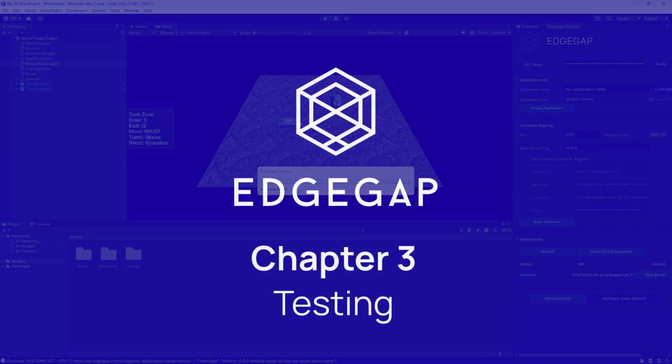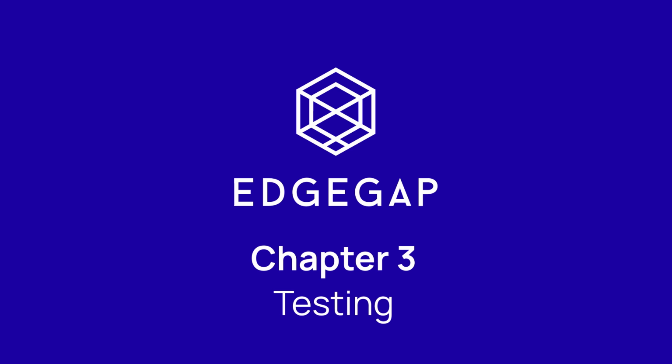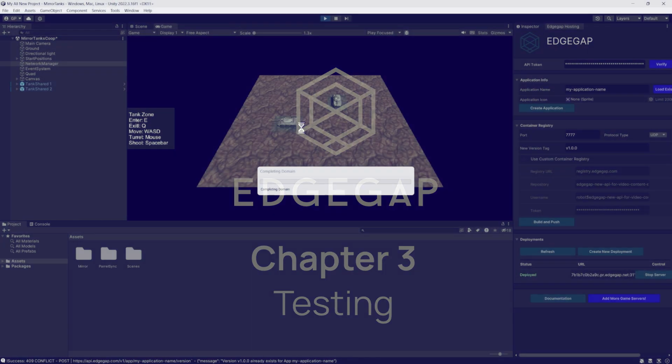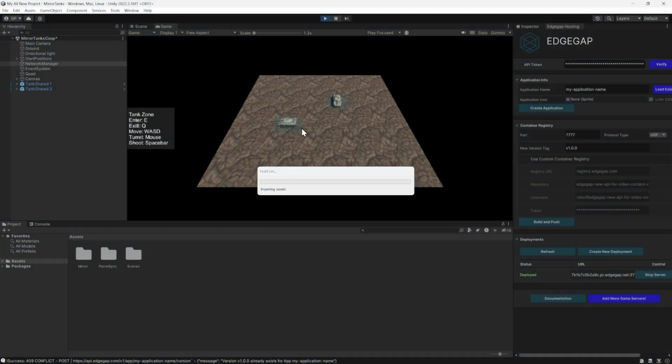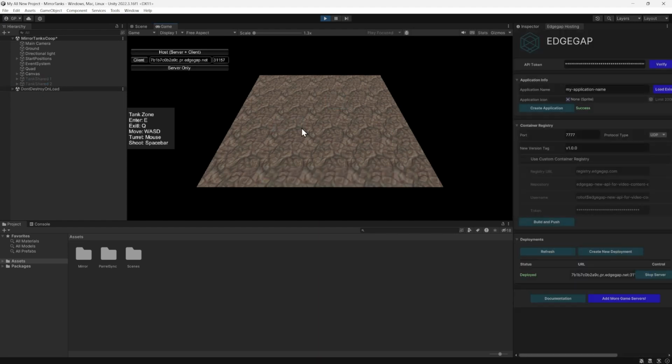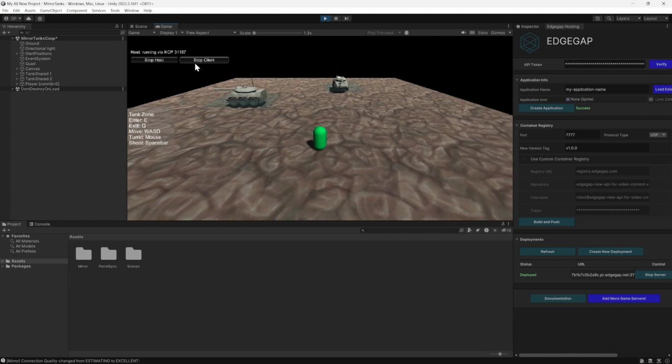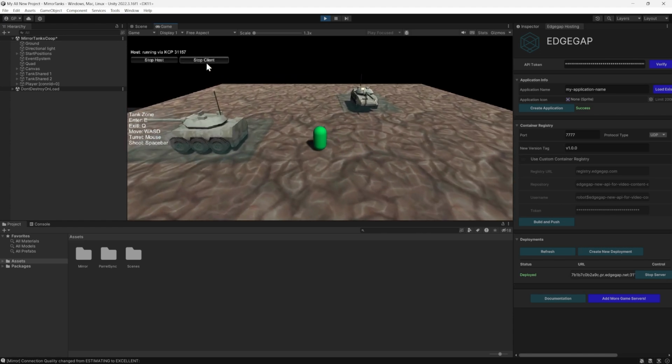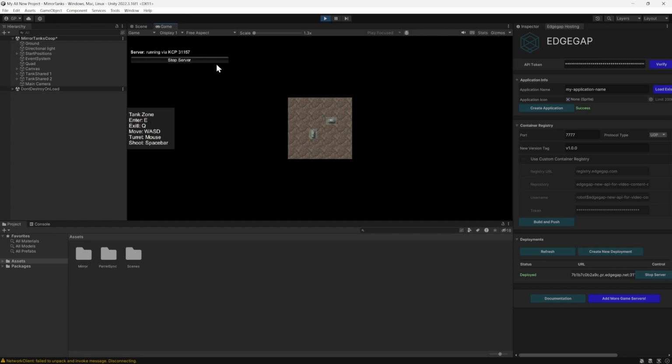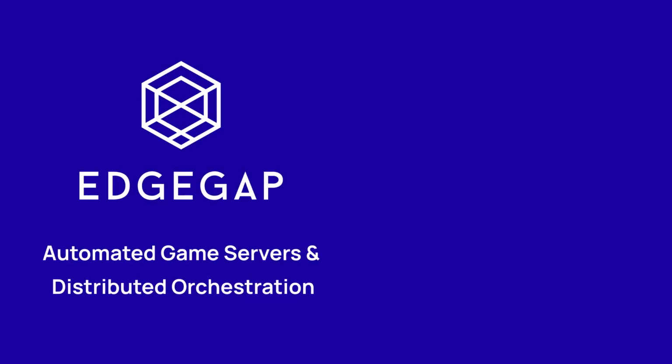Congrats! Your game is now online for the world to play. Evidently, test things first. In our case, using Mirror's sample project, we confirm the client's address is correct and can launch a session by selecting Client. Once you are done testing, return to the Edgegap plugin to automatically stop the server instance by selecting Stop Server.